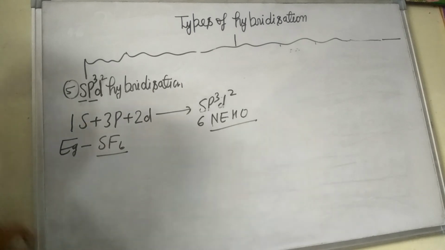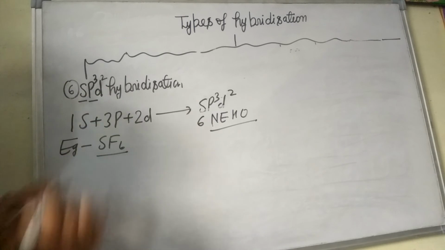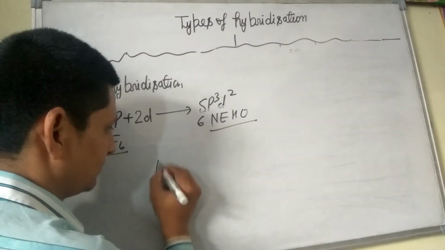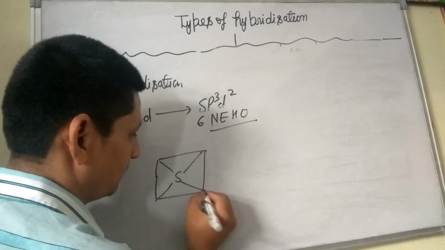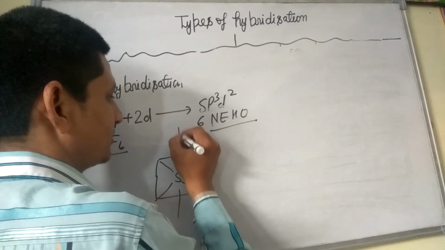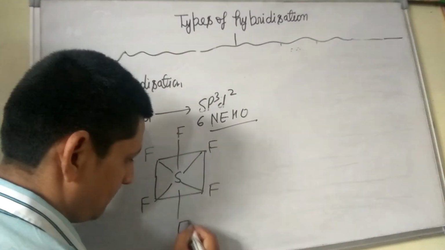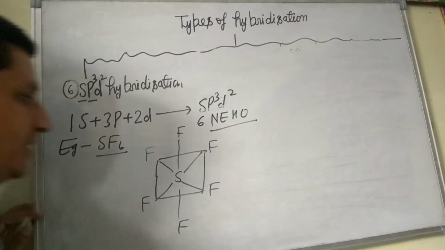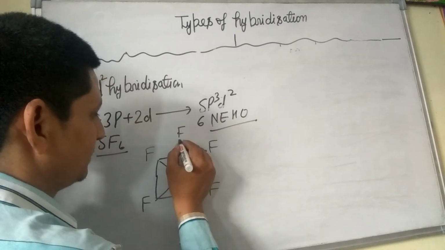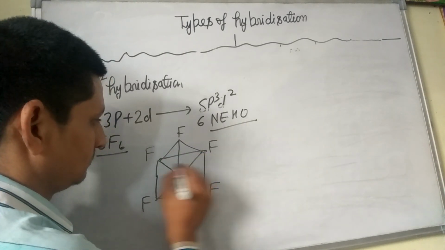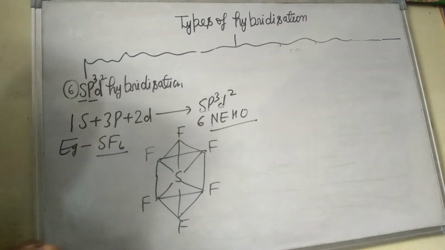Okay. After this, next number 6 is shape. The shape of SF6 is octahedral. In this way, 1, 2, 3, 4, 5, 6. This is an octahedral shape. Bond angle is 90 degree and 72 degree. And similarly, you have to do all the work. So this is octahedral in shape. After this, next is